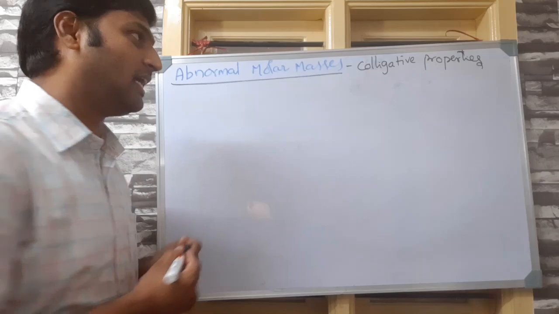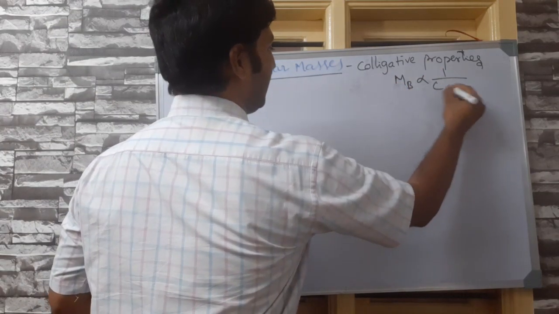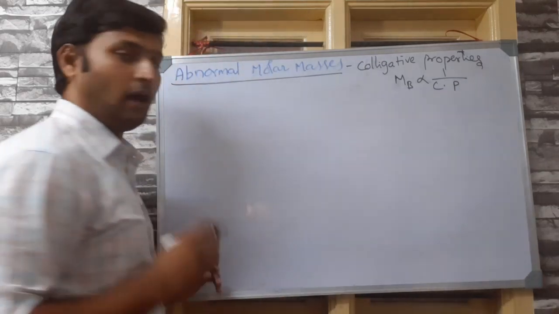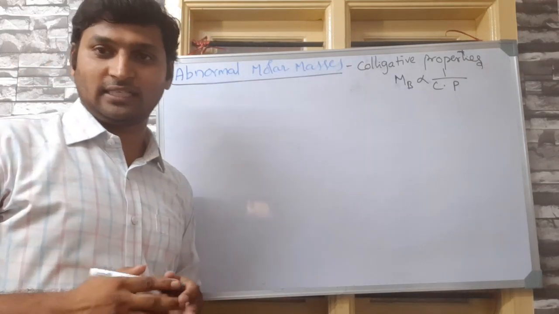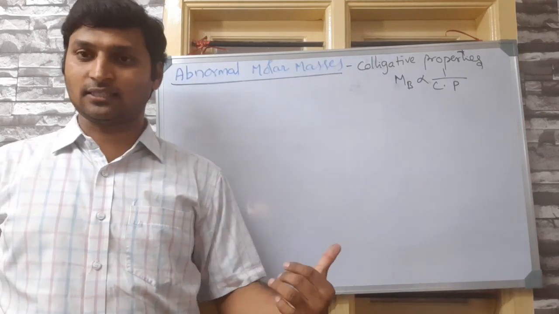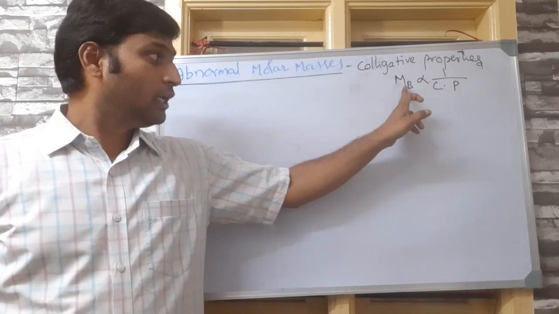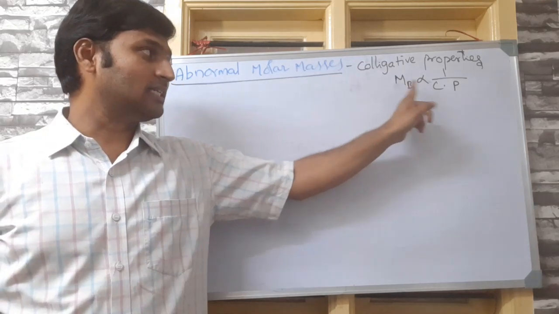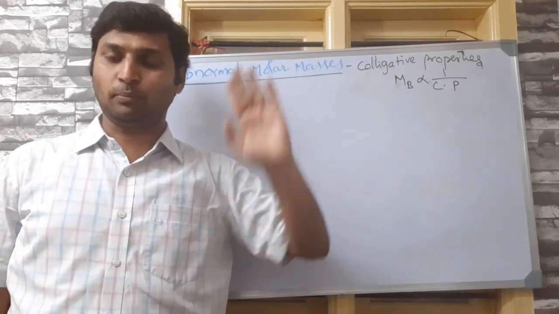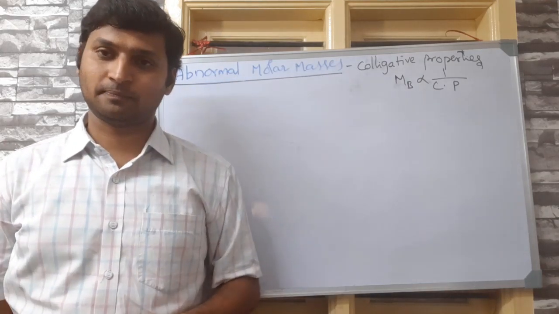And I have clearly given you the relation between molar mass and all four colligative properties that we have. In all the four formulae which I was summarizing at the end of the last session, you could notice that molar mass is inversely proportional to every colligative property. Try to keep those formulae at your fingertips.